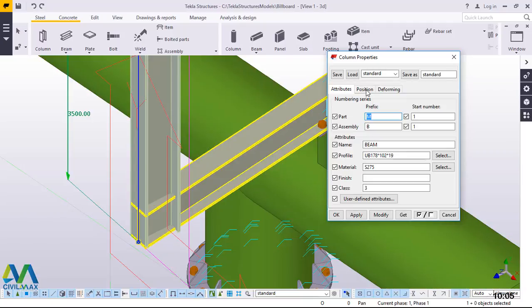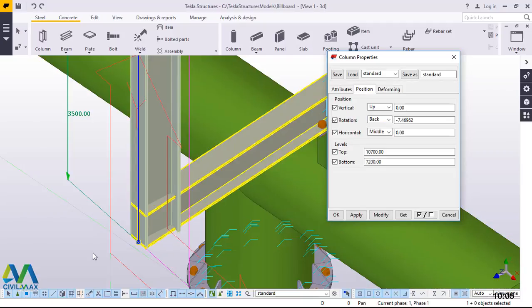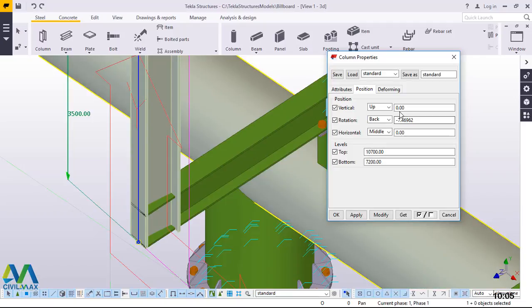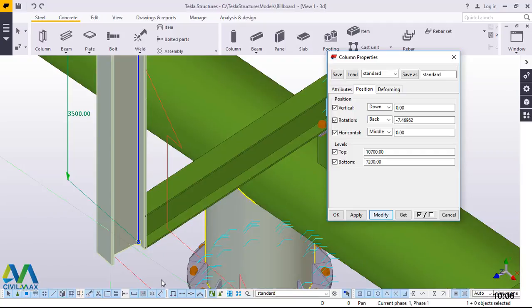Now I'll come to position here. I want to shift this slightly out so that when I create a connection, it will be a standard way of creating that connection, type of connection. Now I'll come to position, and position, I'll go straight to vertical, then pick on this option down and click modify. You see it has shifted